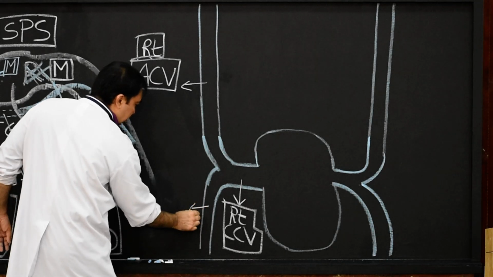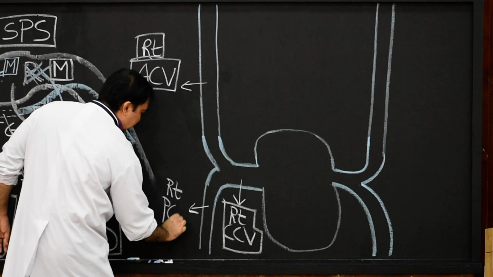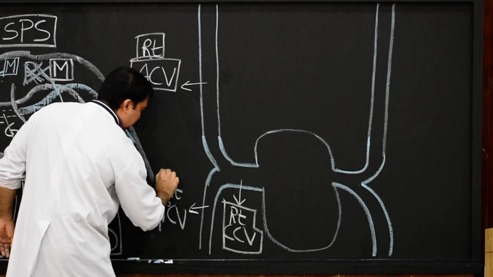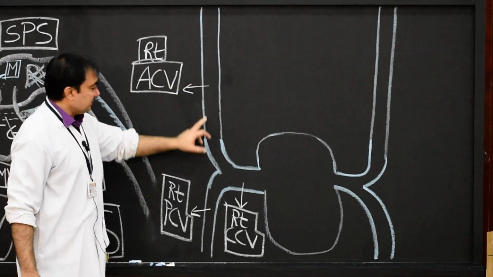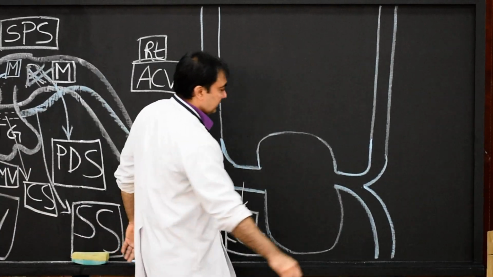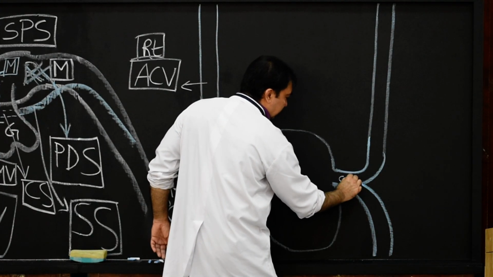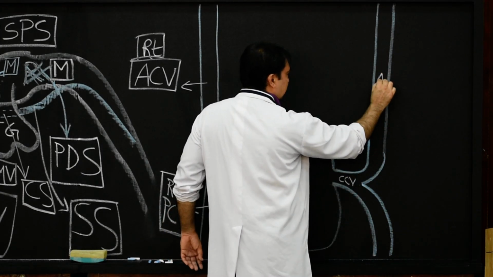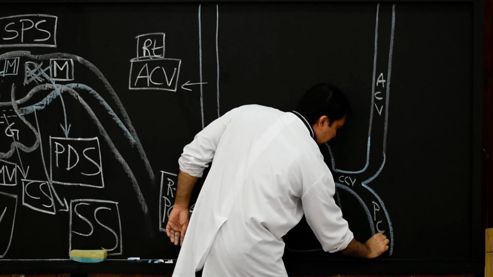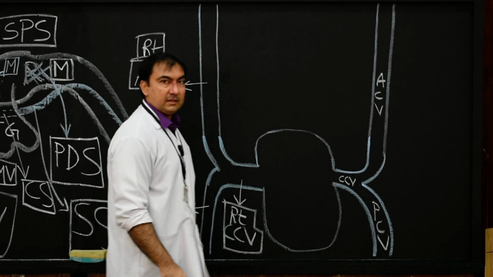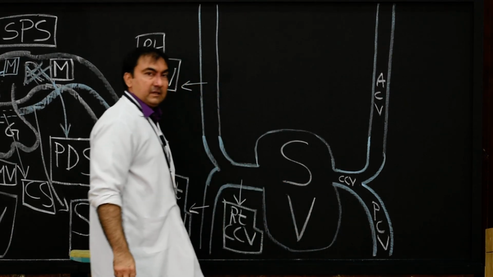This vein over here, we will name it as right side posterior cardinal vein, which is draining the blood from lower limb. We are interested in this segment. Same way over here, this side, left common cardinal vein, left side. This will be the anterior cardinal vein left side, and this will be the posterior cardinal vein on the left side. And here we are having this sinus venosus.